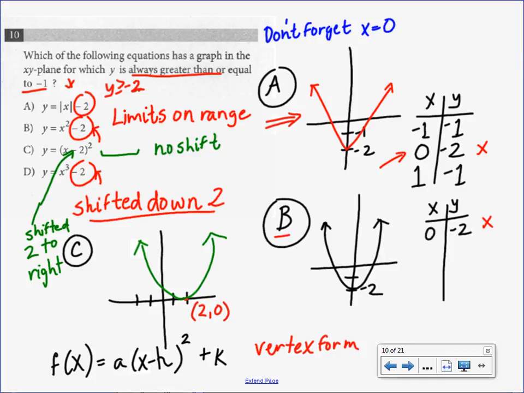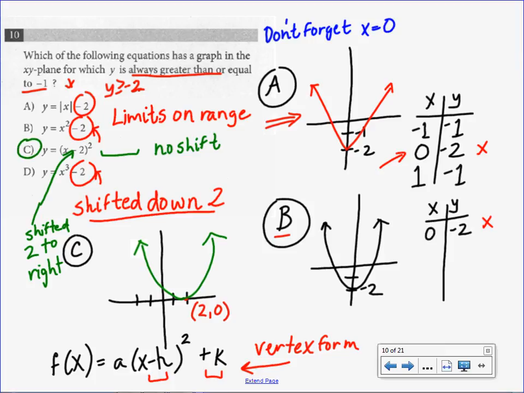B is a parabola that's shifted down 2. Remember that in vertex form, which we have here, the k value is the shift up and down. The h value is the shift left and right. And so if we look at C, which is our answer,